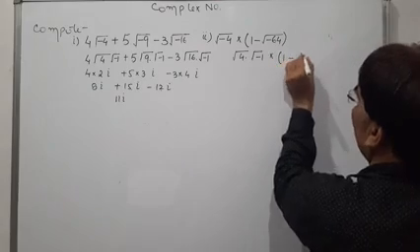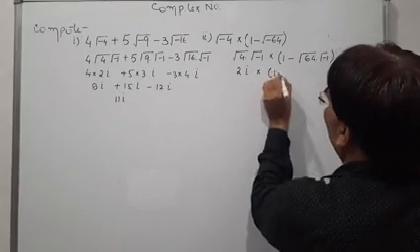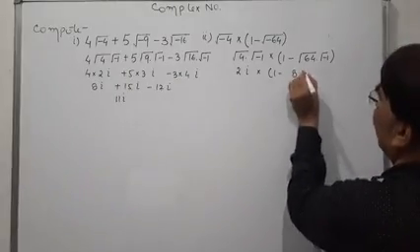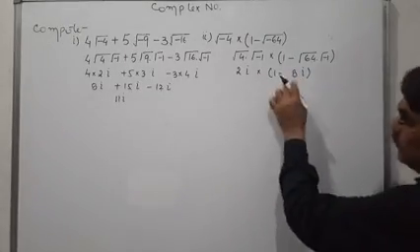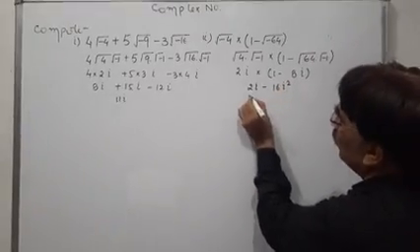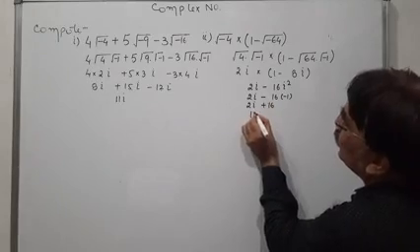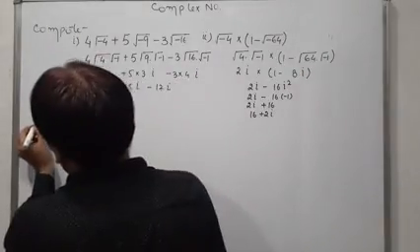Here we can write under root minus 4 into under root minus 1, into 1 minus under root 64 into root minus 1. Then it will be 2i into 1 minus 8i. Now when we multiply it with this, then here will be 2i minus 16i square, which means 2i minus 16 into minus 1. So 2i plus 16. So we write 16 plus 2i. Now we are going to discuss what is a complex number.